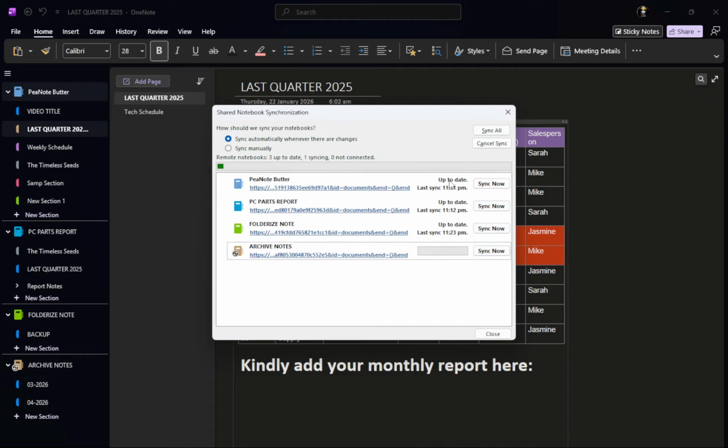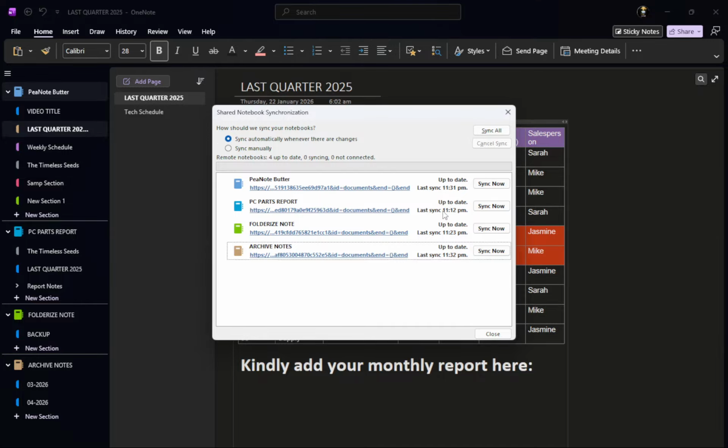It is important to remember that OneNote only syncs notebooks stored in OneDrive, SharePoint, or Microsoft 365. Local notebooks will not sync across devices until they are moved to OneDrive. This detail matters because it ensures you can access your notes from anywhere. You will need to organize your notebooks appropriately if you want seamless access across multiple devices.